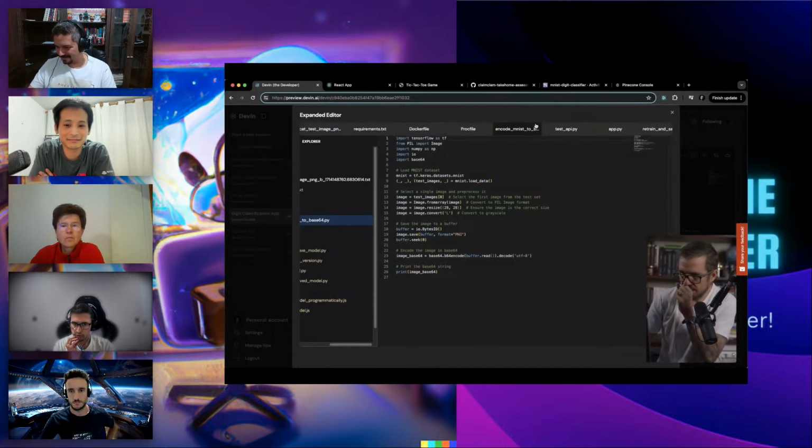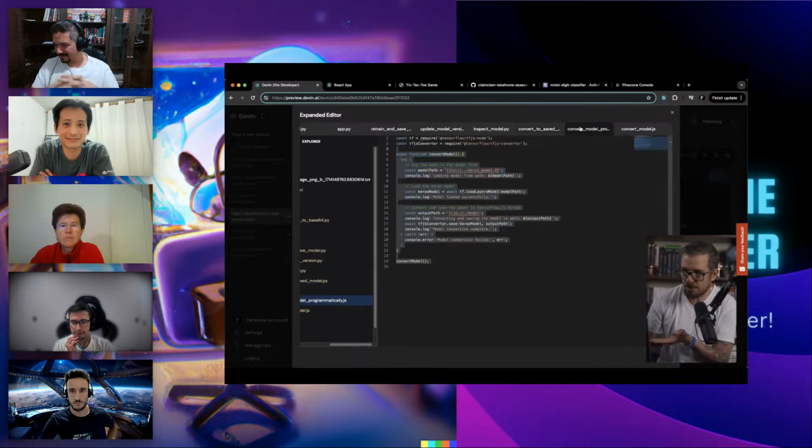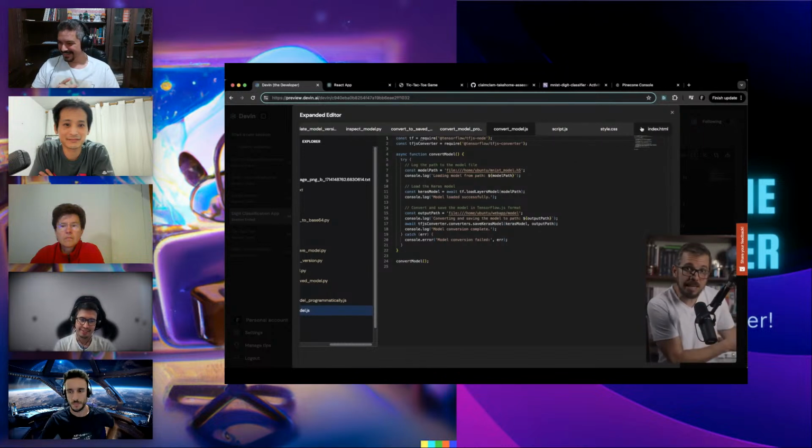Here is another conversion piece of code in Python, another convert, and this is another convert in JavaScript. All of that code might have been used by Devin at some point while it was trying to figure out how to create and serve this model, but it's no longer used and it's not needed anymore.